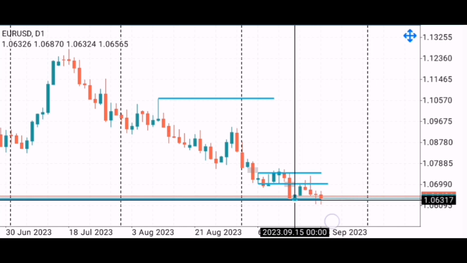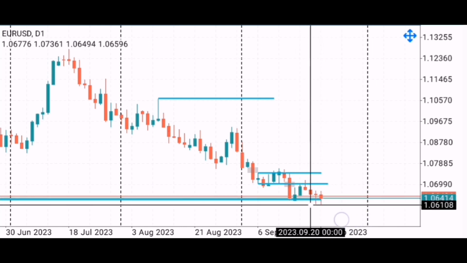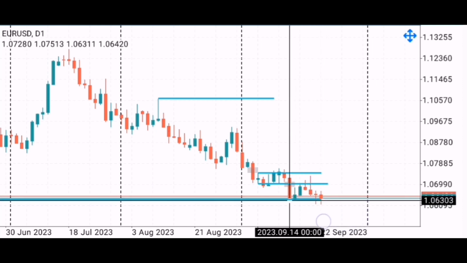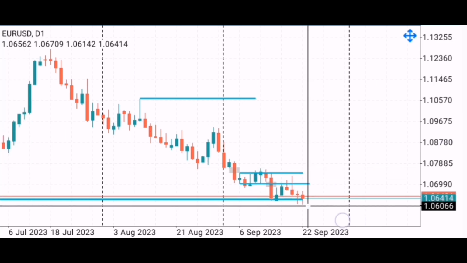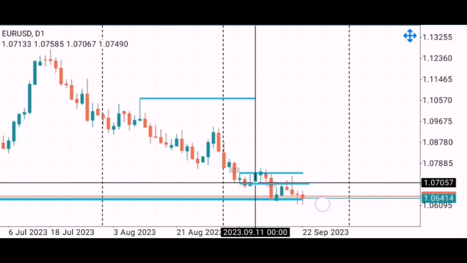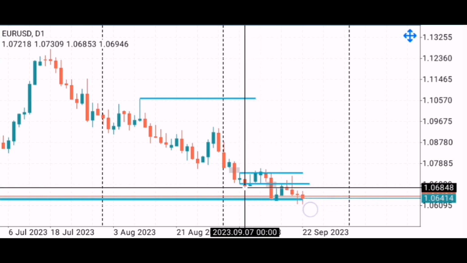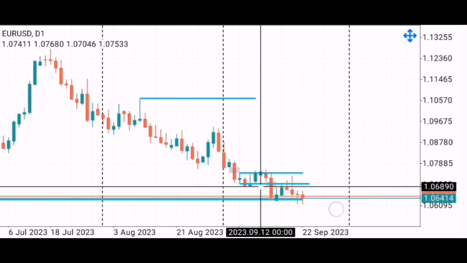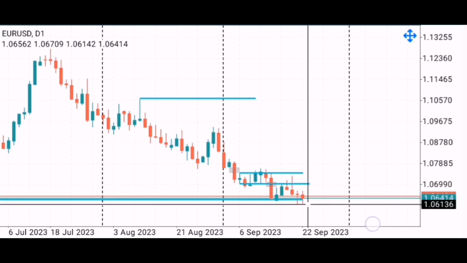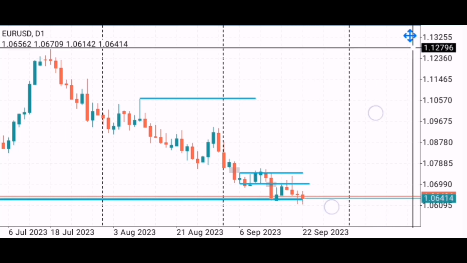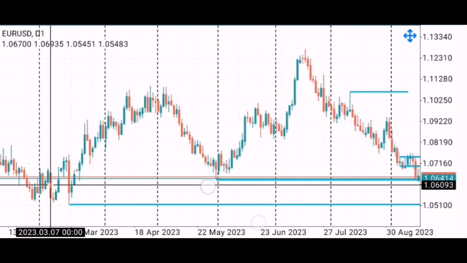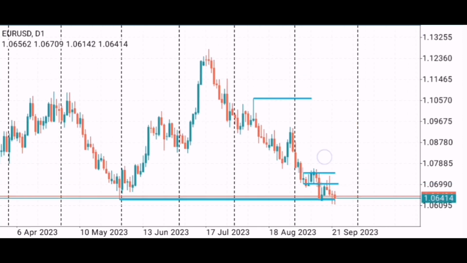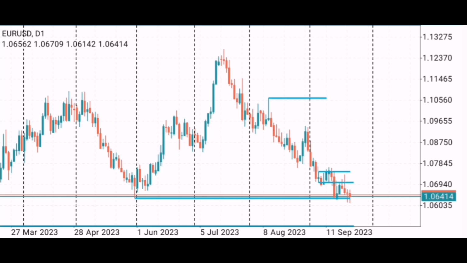This level was taken out, and we're seeing a great deal of rejection at this level over here, and potentially we're going to see this market trade a bit to the upside, trading potentially into this break over here or this order block over here, and begin to seek lower prices from there to take out this level over here and potentially to trade all the way into this level that we have over here. That is one other scenario that can take place in this market.